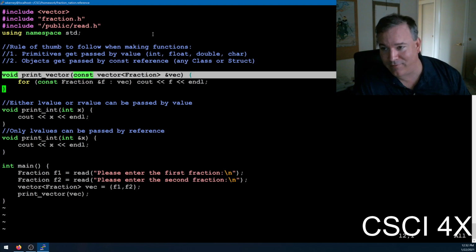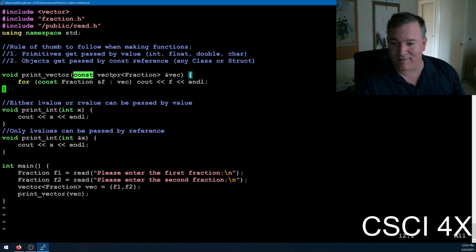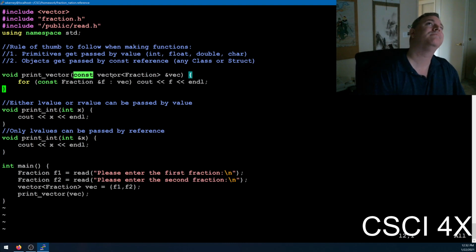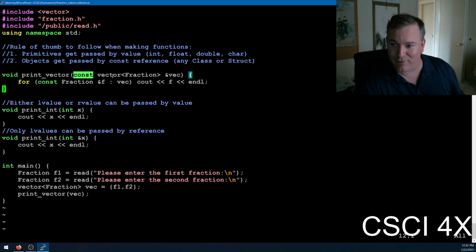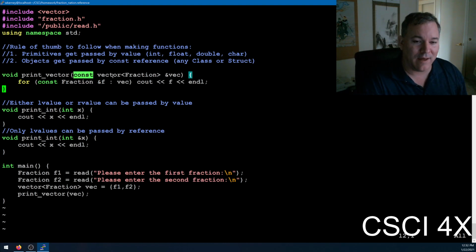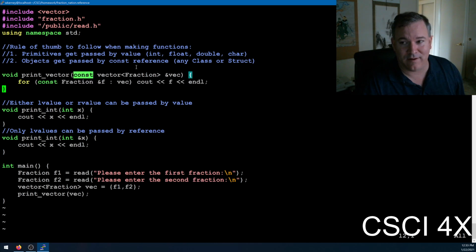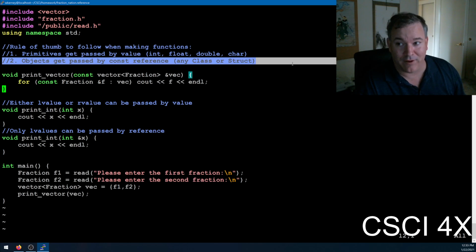Just by looking at this, I know exactly what it does. I'm going to pass it a vector of fractions. It's not going to modify it. I don't need to worry about it modifying it. I don't need to look at any of the code between the curly braces because it is a const parameter. It's not only a safety measure for you, but when people use and call your code, they look at that and think, okay, I don't need to worry that this thing is going to change my vector if I pass it in. And if it's not const, then people would worry. They're like, why is that not const? Because this is the rule of thumb. And really, it's